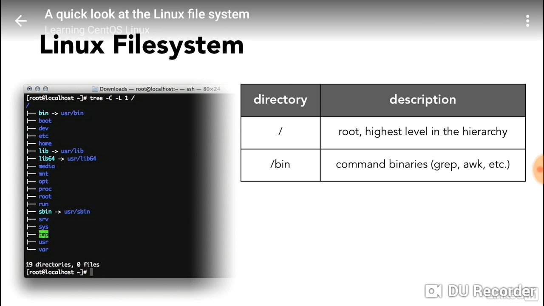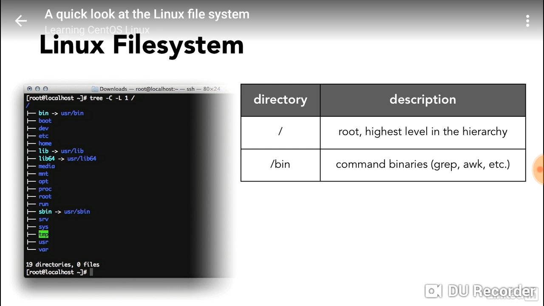Alphabetically, the first one is bin, which contains the command binaries, or compiled programs that make the command line environment usable. These include change directory, copy, the bash shell itself, grep, awk, and a lot more. You can see from the listing here with the arrow, bin is actually a symlink or symbolic link to the user bin directory. A symbolic link is a pointer to somewhere else on the file system. The files we'd expect to find in bin are really in user bin. In this case, to maintain compliance with the file system hierarchy standard, the file system will behave as though bin